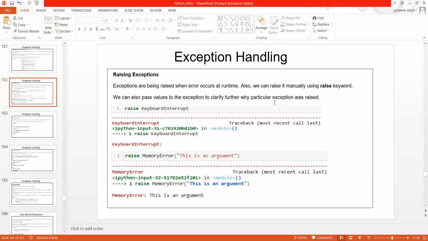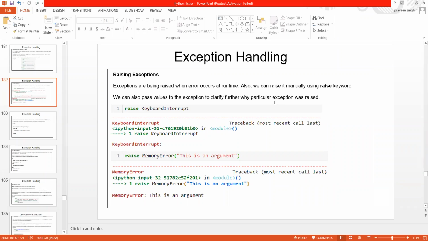Now you can see what exception you are getting. It is KeyboardInterrupt. Now suppose you wanted to pass some message, then you have to mention it over here. I'm going to raise MemoryError, and inside that I am going to pass one argument. This is an argument I am writing.